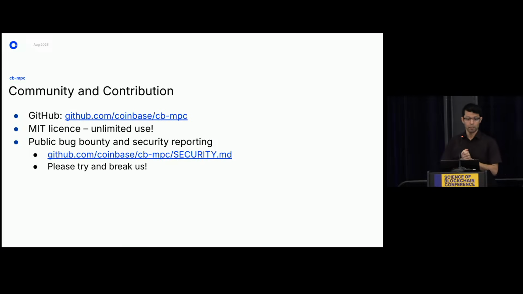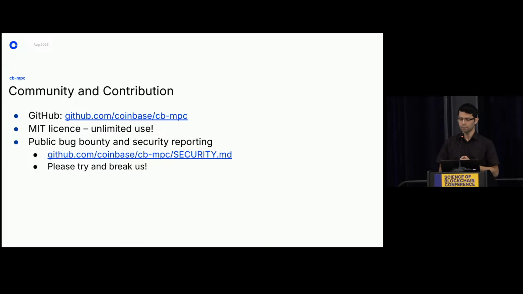All right. So hopefully, at this point, you are at least interested in giving us a try. And if you do, you can find us under coinbase/cb-mpc on GitHub. It is MIT licensed, so there's no restriction on how you can use the code. We do have a bug bounty program and security reporting, and you can find the details in the security markdown file. I do want to point out that you have two main ways of doing this. You can either